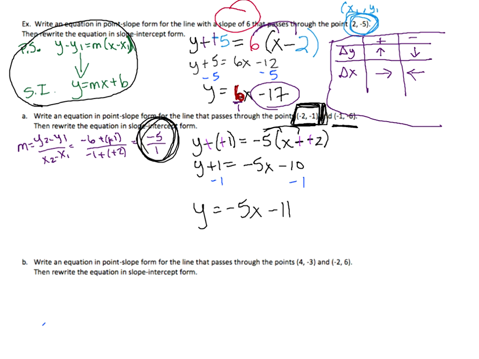So gentlemen, if you don't mind, give B a try on your own. I'm going to give you a few minutes. I want you to try to write that equation in slope-intercept form. Try to take it all the way down to slope-intercept form. When you get slope-intercept form, type it into the chat window. Don't worry if you're wrong or not. It's not that big of a deal. I'm going to do it here in a minute, but I want you to have a chance to try it on your own. So try writing the equation of the line in slope-intercept form. I will try to find you some equation writing music so that it's not this weird awful hum behind us. And I'll give you a moment.